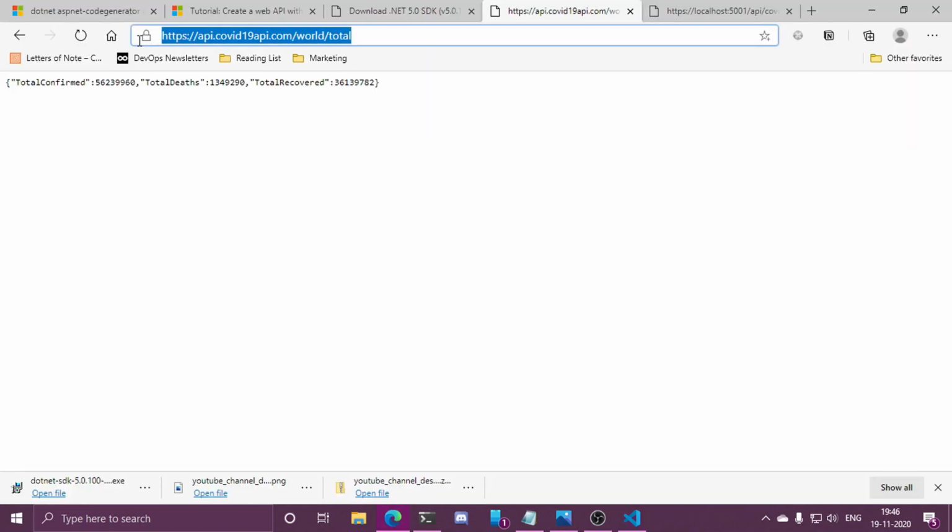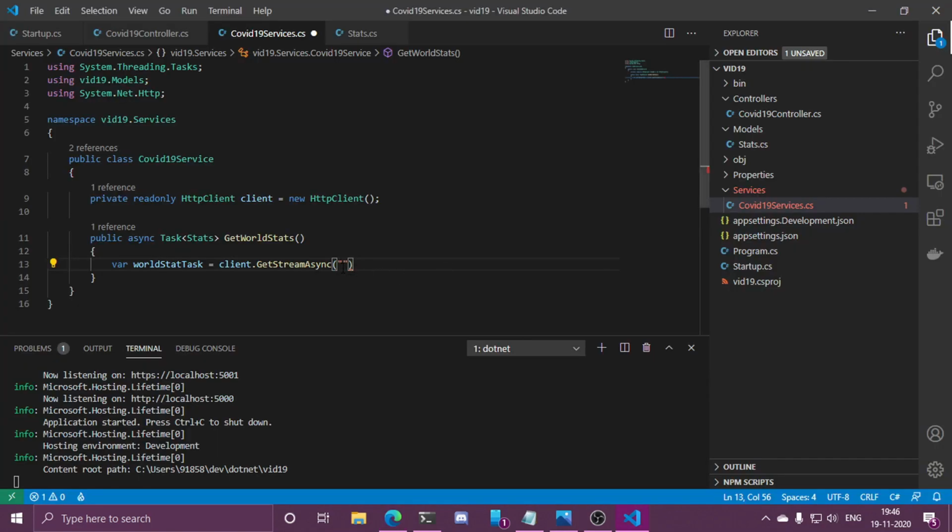This is the URL from where we want to request the data. Plug it over here. Now this should be awaited on and fed into a JSON deserializer, so that we can get the data back into a format where we can process it further, because this thing is going to return the stream. You cannot simply consume the stream because it is not in a consumable format.